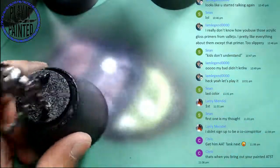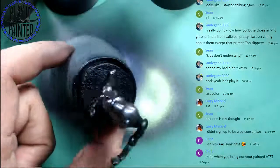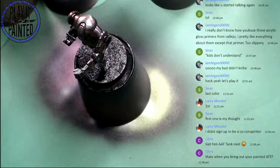Good, good. Okay, now actually I am going to finish priming it. So I'm going to finish painting the base, because you don't want to paint over a gloss black. Your desert base is going to look really slick and dumb, and you want that base to look super dry. Okay, so you can go in with ink, which would be nice and smooth. But I don't want smooth. I want flat looking, so we're going to use